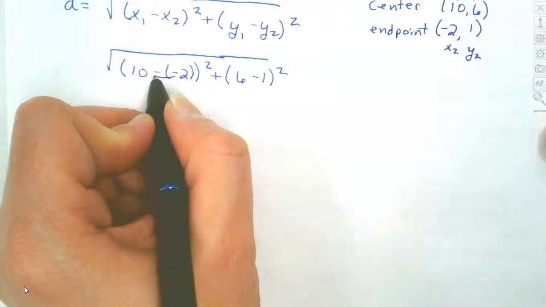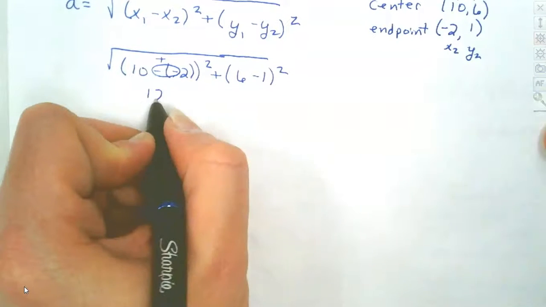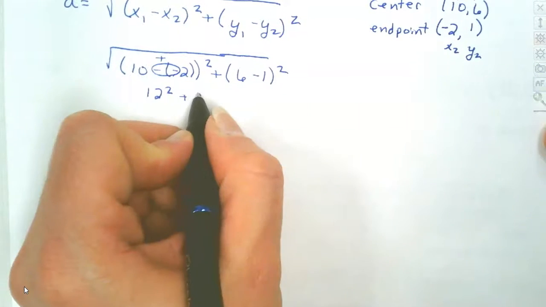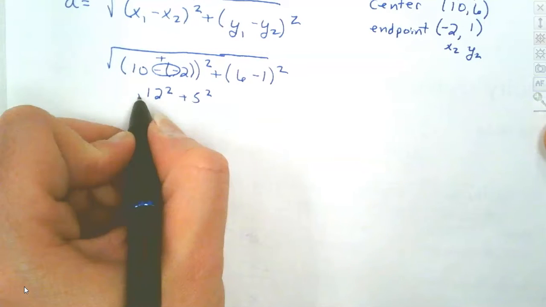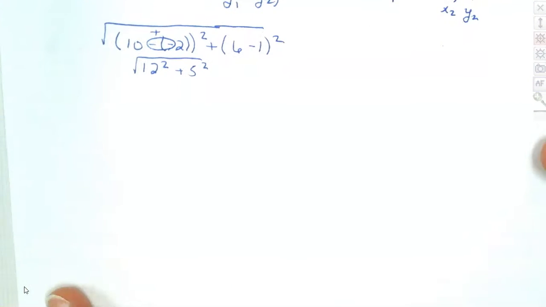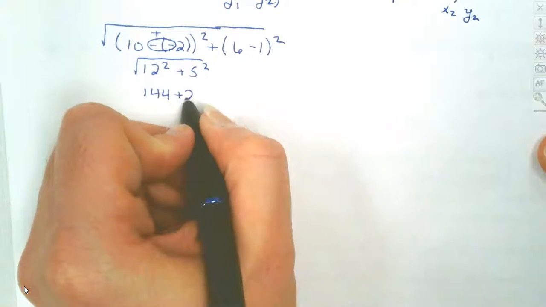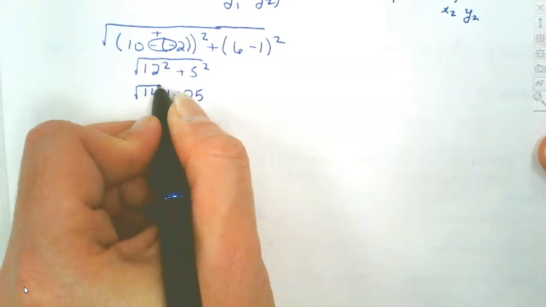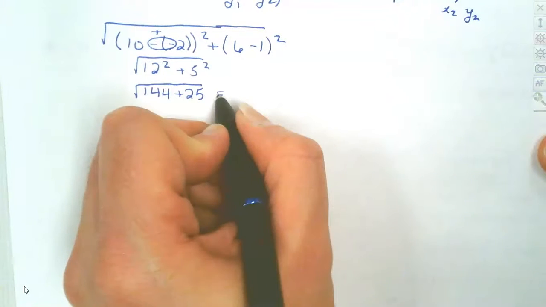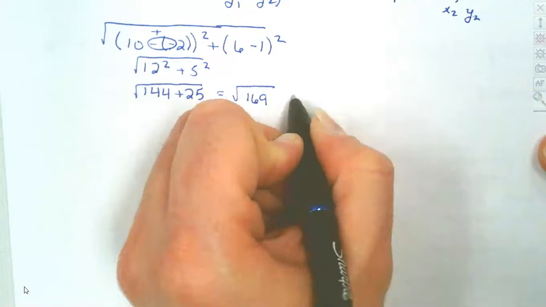Double negative here makes it positive. So that gives you then 12 squared plus 5 squared. And we know that 12 squared is 144. 5 squared is 25. Adding those together, we get the square root of 169, which is then